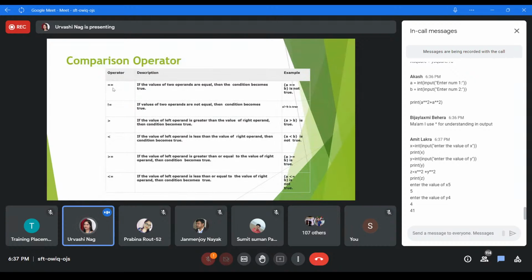Double equals to is used for comparison. Next are not equals to, greater than, less than, less than or equal to, greater than or equal to. So if I want this, the output for this will be